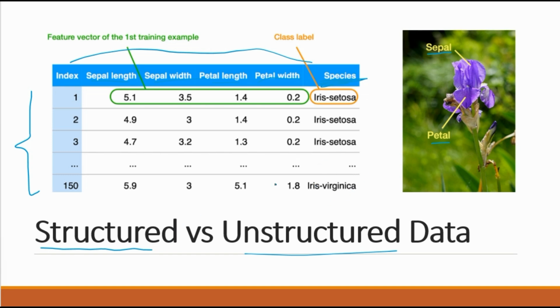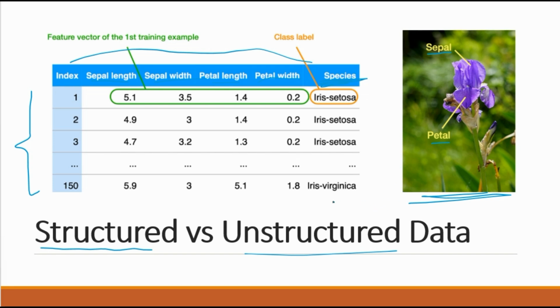In contrast, an unstructured data set would be the raw data, for example, the image here. So this would be an unstructured data set. Sometimes we also just call it the raw data, so you can actually extract the structured data set from the unstructured data set. But it's not always very simple, because for example, sometimes you can automate it here, but it might be hard to automate it, and you have to have some human helping hand with that, like maybe even taking a ruler, taking a flower and making measurements